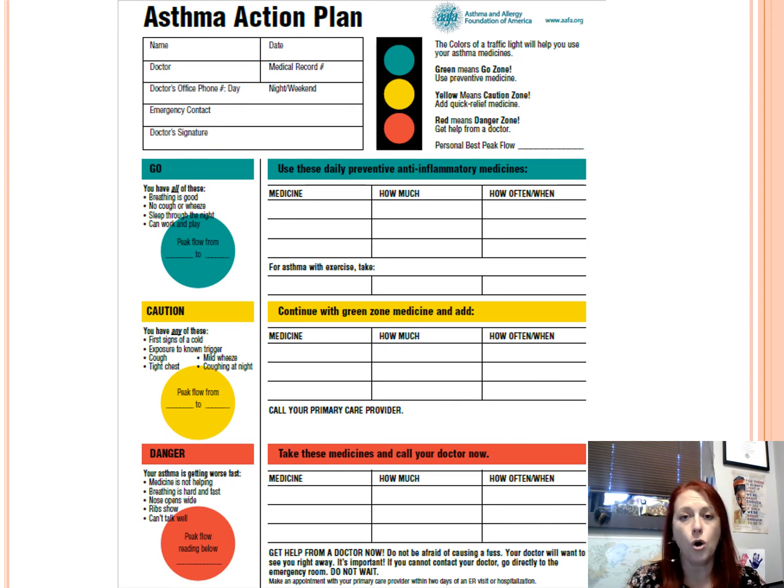And I got her home, and we did back-to-back nebs at home like we would have in the emergency room, and was able to reverse that process, and she didn't end up having to be hospitalized. But we have ended up in the ER a few times with her. Needless to say, I was very upset by this process, and ended up on Monday having a discussion with the principal,